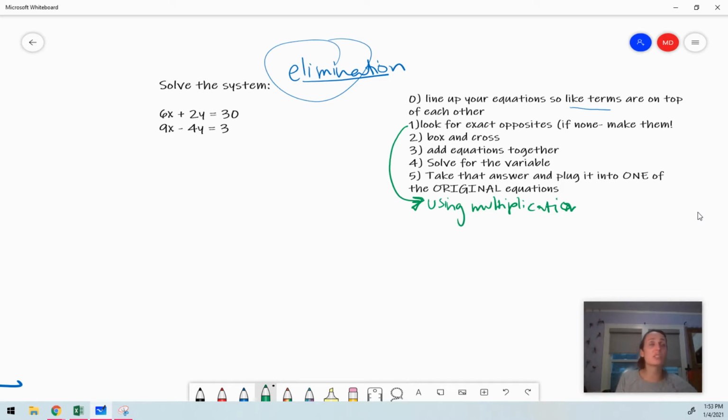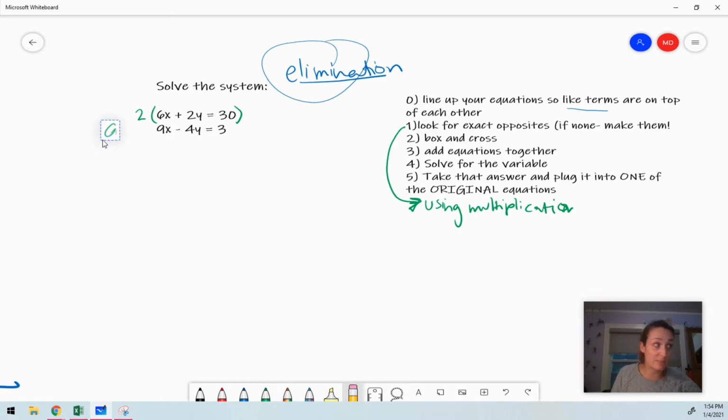And I'm saying that they're close to being opposites because I can take this 2y, and let's think, what is the opposite of negative 4y? Positive 4y. I can make 2y the opposite of 4y by simply multiplying both sides by 2. Now bear with me, I'm going to show you what I mean by this. So if I take this top equation and I multiply everything by 2,